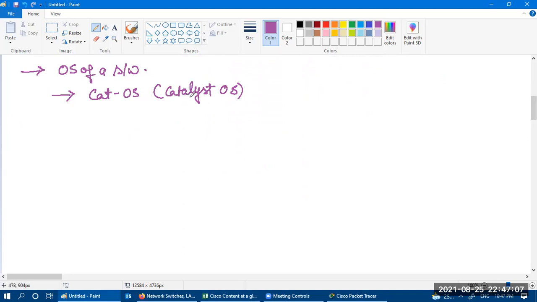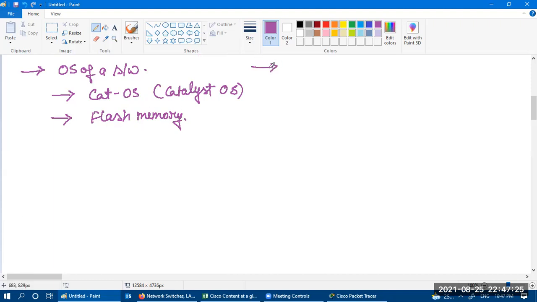That operating system resides in flash memory. So in switches, the operating system that we have resides in flash memory.